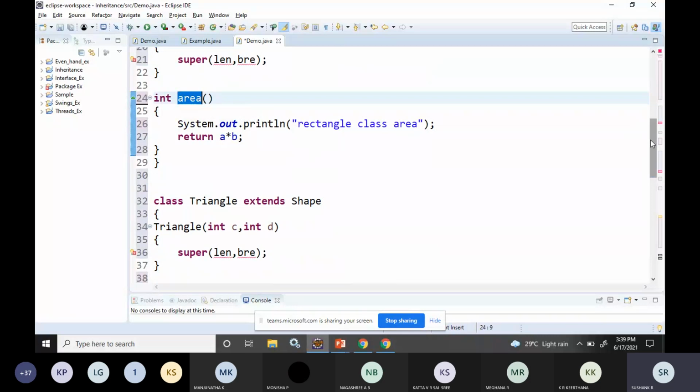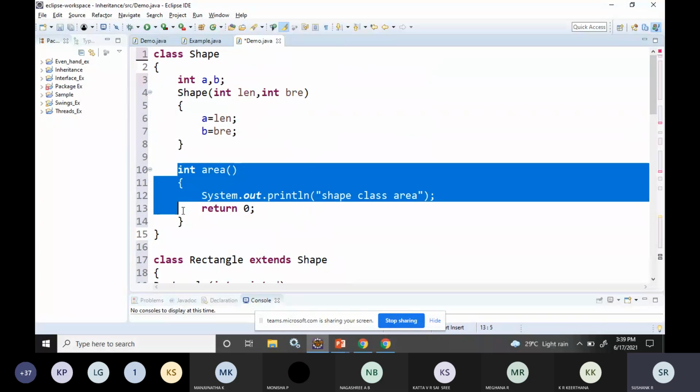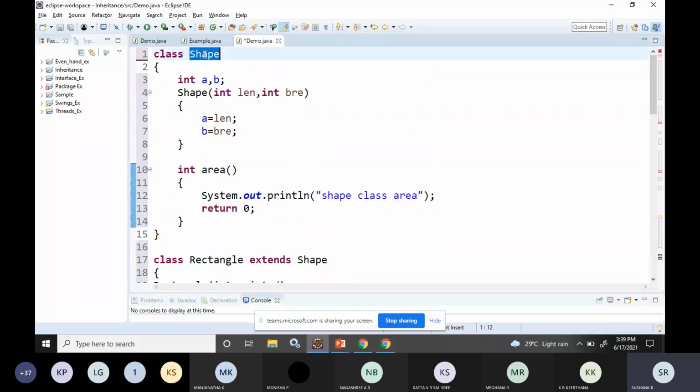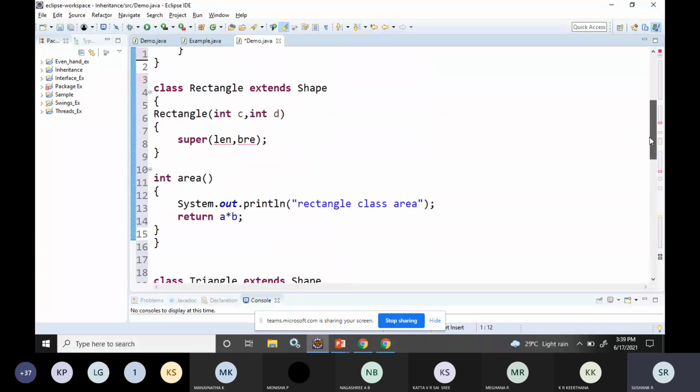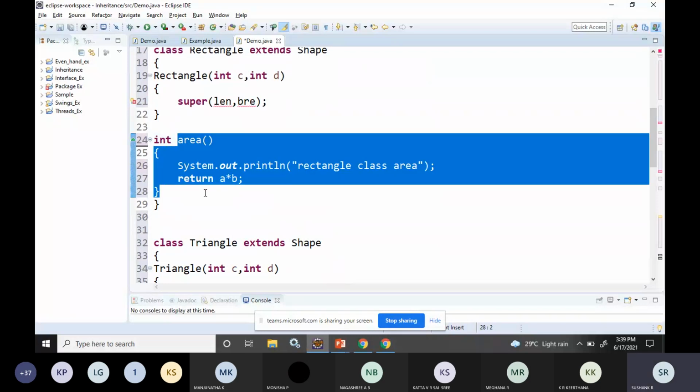So after this, now you can check. We have an area function which belongs to the Shape class and an area function which belongs to the Rectangle class. When two functions have the same name in different classes, and there exists an inheritance relationship, these kinds of functions we call method overriding, or the overridden method.